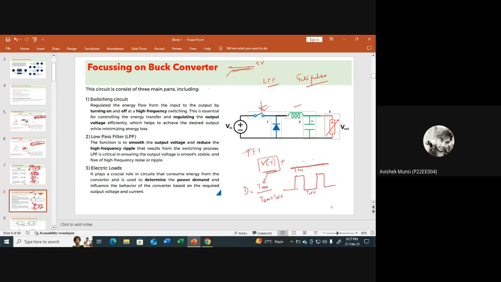To avoid this ripple, we properly design a capacitor and an inductor. The inductor ensures there is less ripple in the current, and the capacitor ensures there is less ripple in the voltage. Because if you have so much ripple and noise, it will affect our load. If it is a battery, if you're charging through this converter,